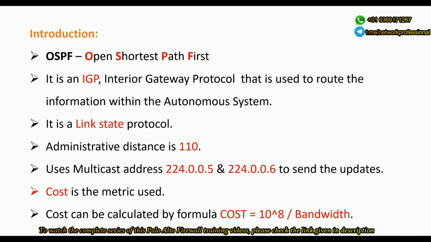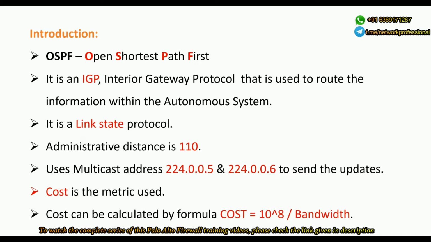However, the job of the exterior gateway routing protocol is to share the route information between different autonomous systems. All right. So this is the difference between IGP and EGP. This particular routing protocol, OSPF, comes under IGP, which helps to exchange the route information